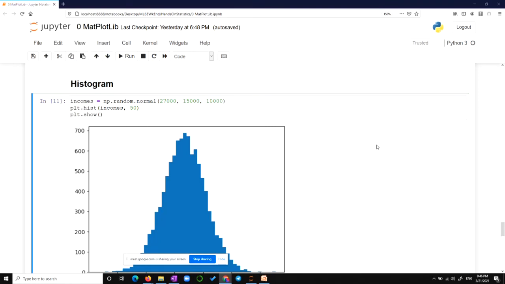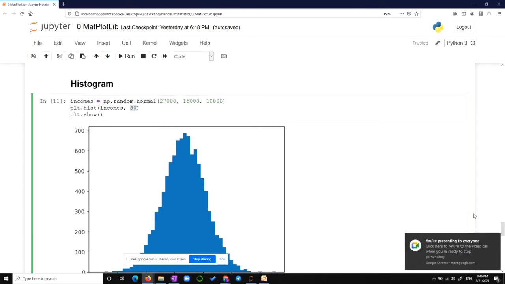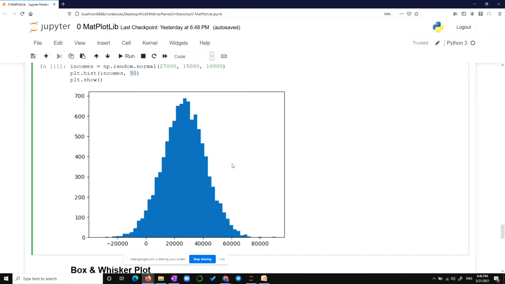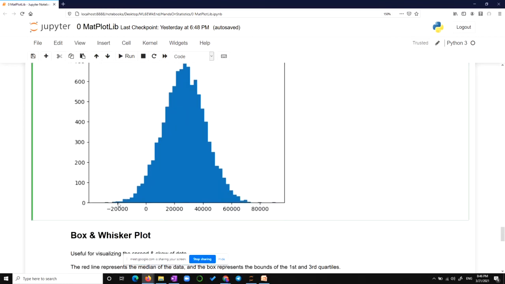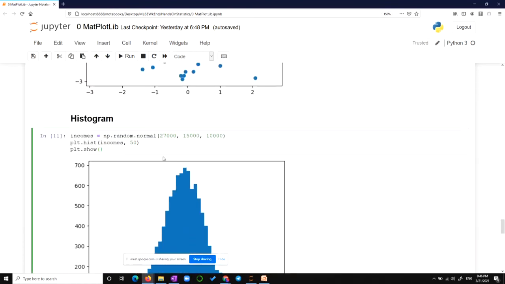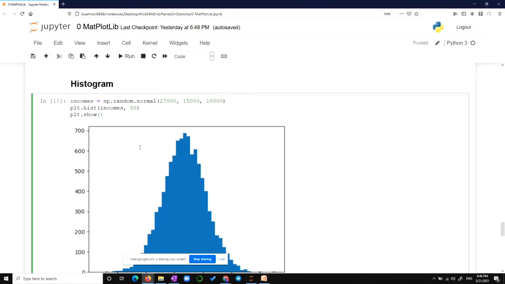Okay, got it. So incomes, comma 50. Now the question, guys, please listen, very important. If I want this curve to get smoother and smoother, should I increase this value of 50 or decrease it? If you have understood the idea of the bucket, think about it. Even when I was asked this question once, I also didn't get the answer right. So maybe you guys can get it right.